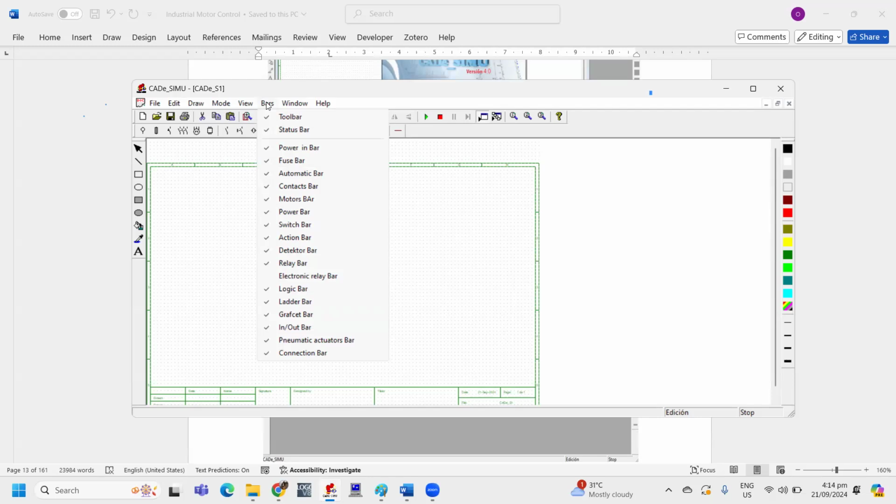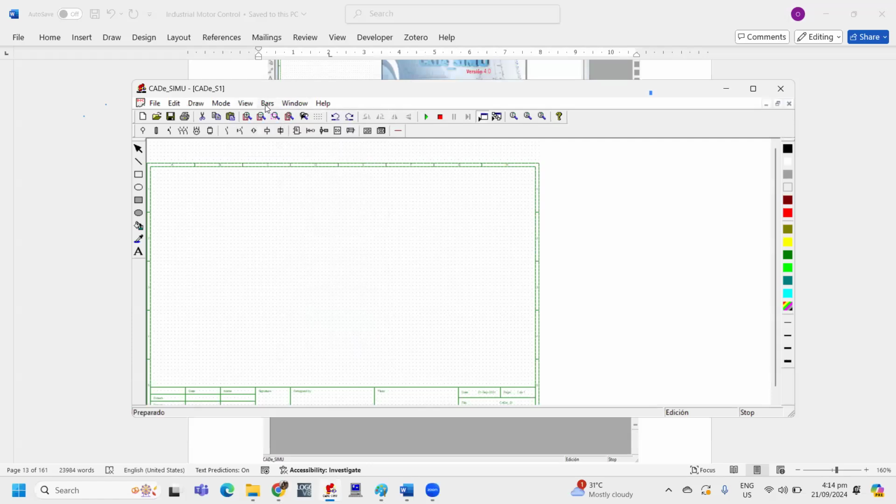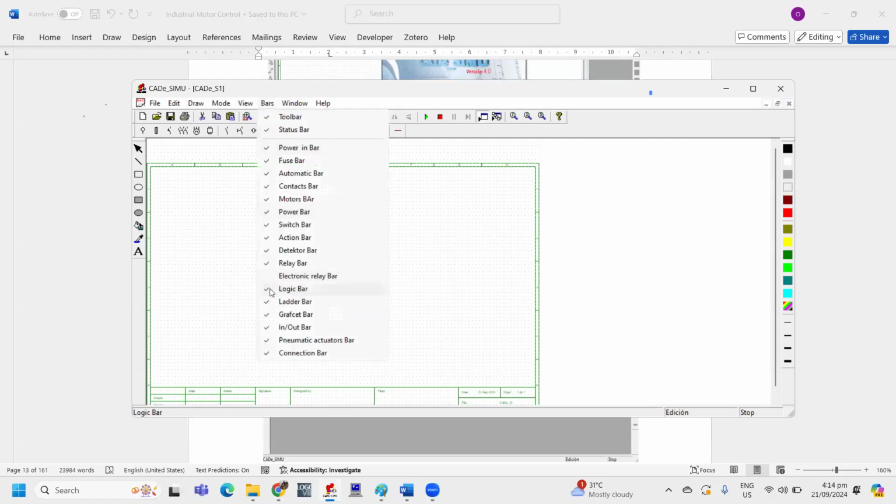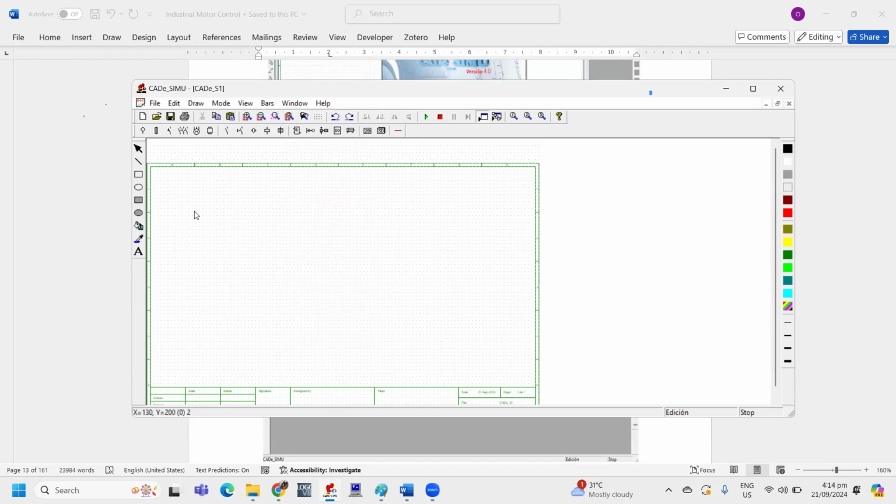The power bar, the fuse bar, the automatic bar, contacts bar, the motors, the power, the switch, action detector bar, relay, logic, electronic relay bar, ladder bar. All those bars are here. You can also turn off or turn on these toolbars.